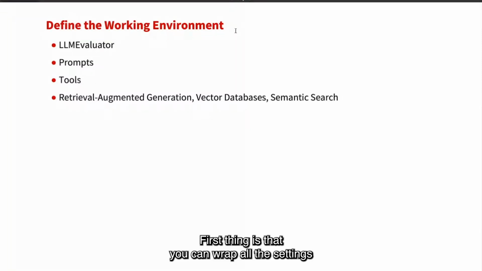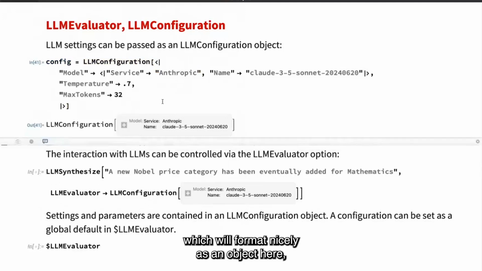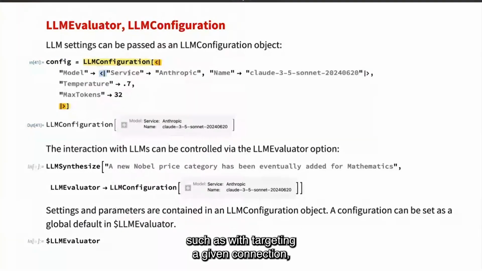First thing is that you can wrap all the settings for your LLM interaction in an LLM configuration object, which will format nicely as an object here, such as targeting a given LLM connection, changing service,